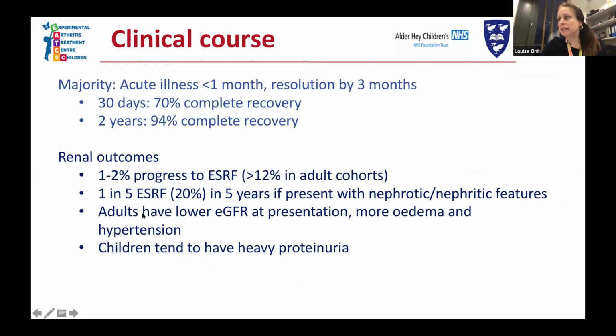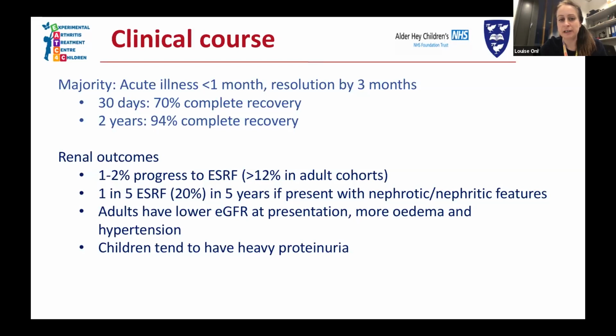With regards to the clinical course, for the majority of patients it will be an acute illness and it will last less than a month. And actually it has a very good outcome, with most patients fully resolving within 3 months. And in fact, within 2 years, 94% of patients would have made a complete and absolute recovery. The only long-term morbidity really is associated with the renal inflammation, and 1 to 2% of children will progress to